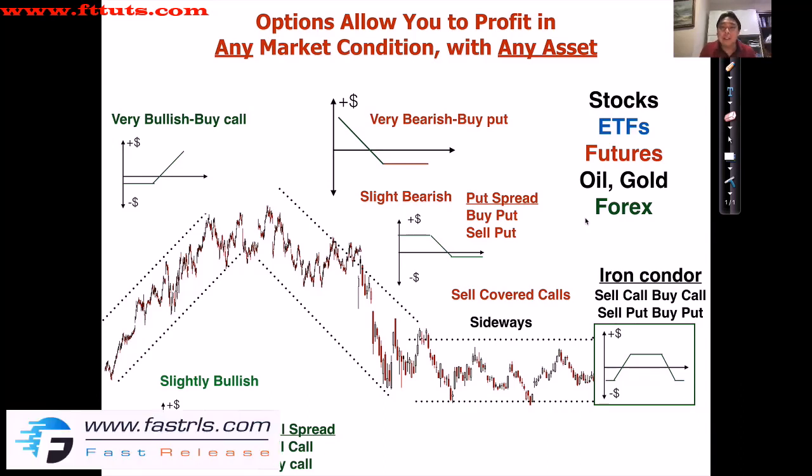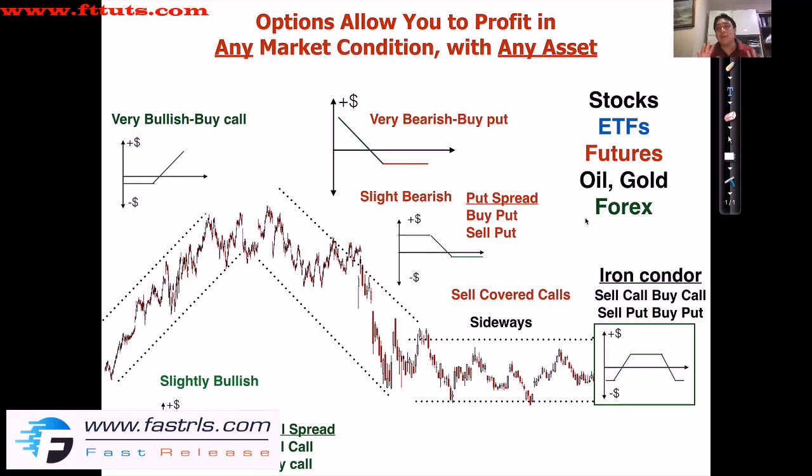For example, really recently there has been the whole situation about Brexit. So Brexit is happening on the 29th of March, and I expect it to be extended or cancelled or a second referendum. So I expect the pound to really shoot up post 29th of March. But it could go down. So in order to protect myself but have the chance of making a profit, I'm buying call options on the pound currency futures. So once you've learned options, you can again profit in any market condition with any kind of asset that presents an opportunity.